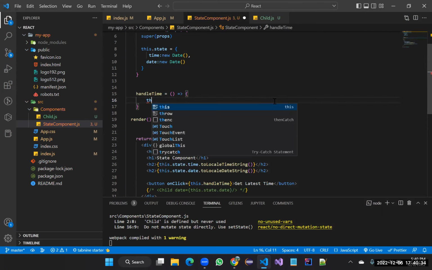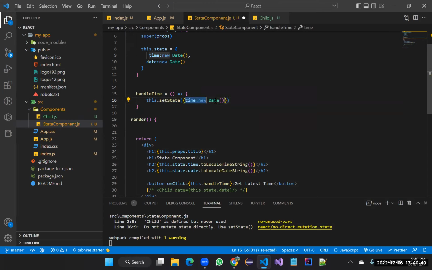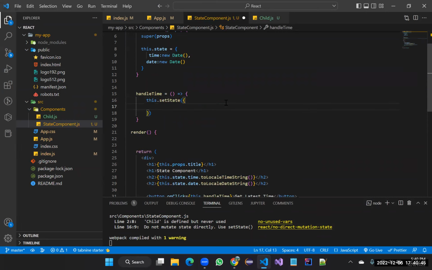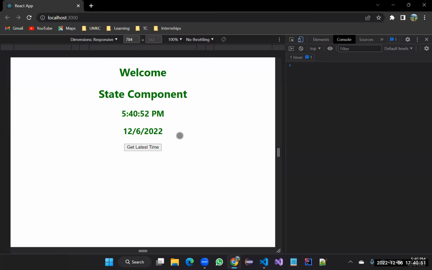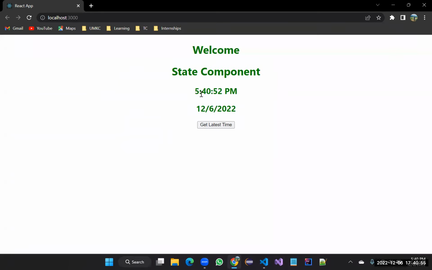a method called this.setState, which is used to update any state variables that you want to update. In this, we can access the time, and we need to change the time to the latest. So I'll save this. You can see your time is 5:40:52, and if I click on this second,